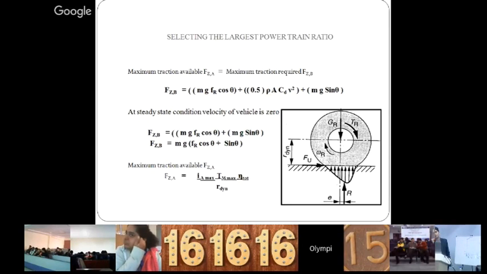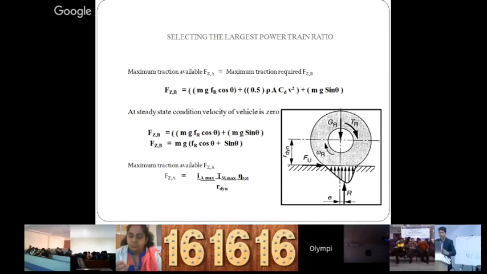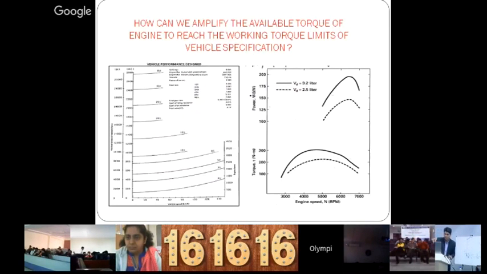फर्स्ट गियर रेशो क्या होगी? So for that we have to perform another set of calculations. So maximum traction available from the graph, if I am talking about